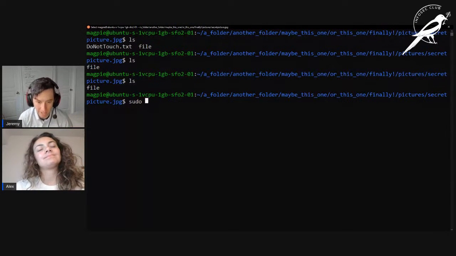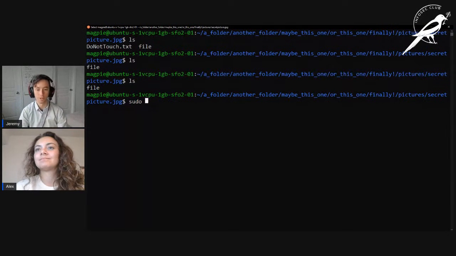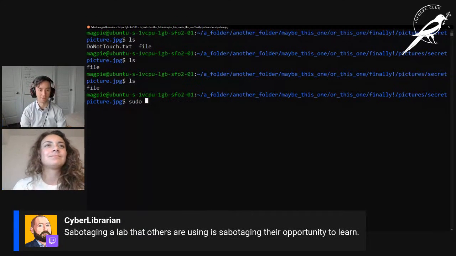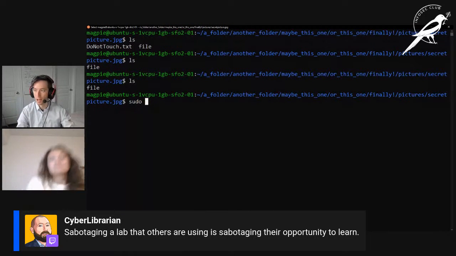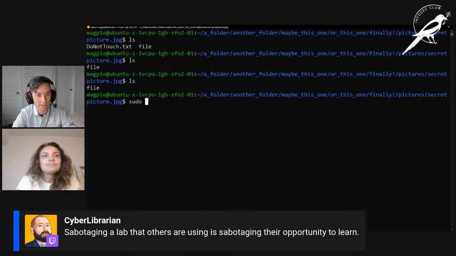The super user is usually a root user. The root user is God on one of these machines. The root user can do anything. This is called the super user. It's usually the account is named root. In a lot of the stuff that we do in our club, the whole point is to become the root user. If you can become the root user, you can look around.